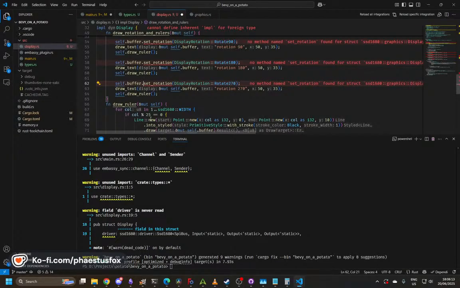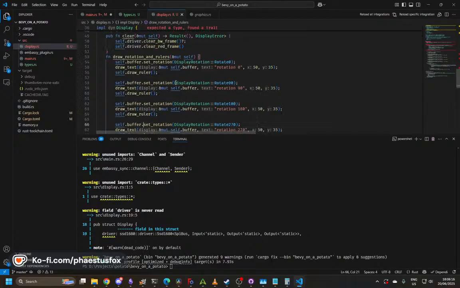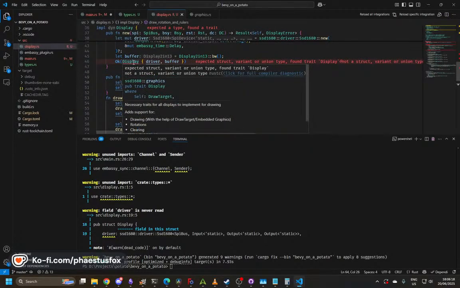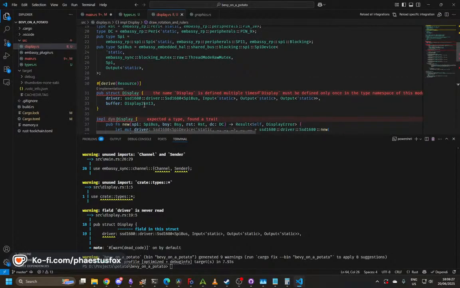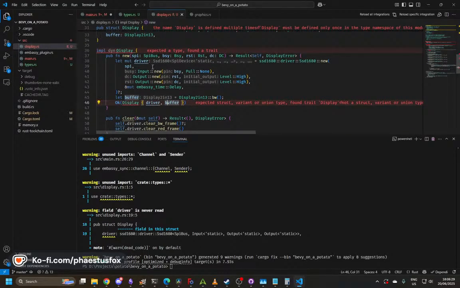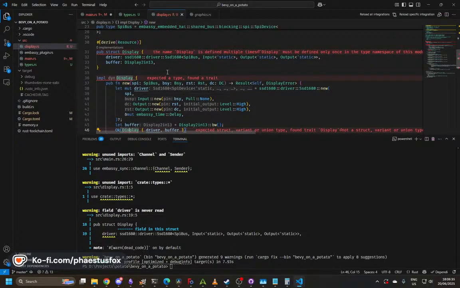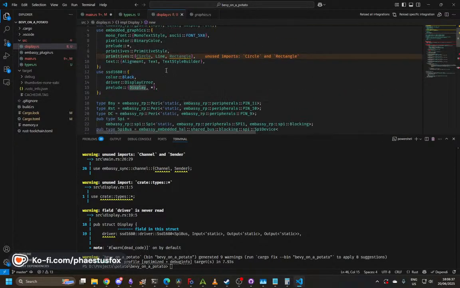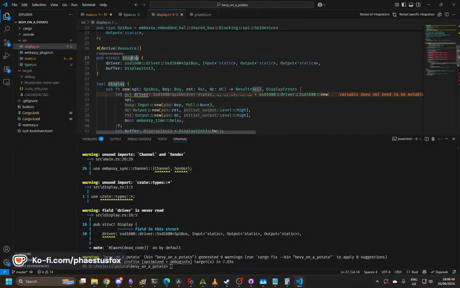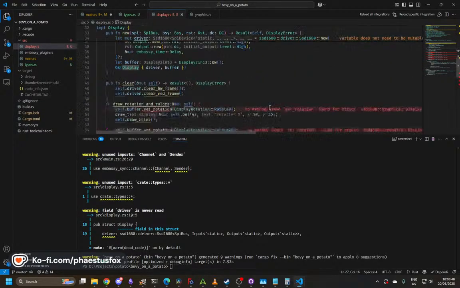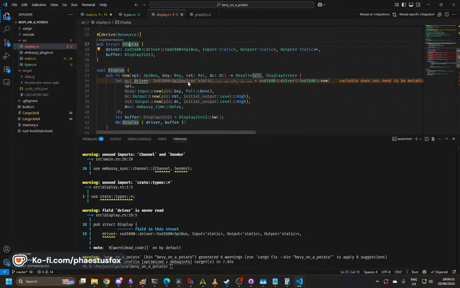So is it just spelled wrong? Why are you not able to call it? You can call it. I don't know what you're complaining about then. Expected struct, union, found type Display struct. Wait, what? Okay, the name Display is defined multiple times. Oh yes. That's the problem: I'm defining Display and then they're using a type called Display. So you need to be renamed to